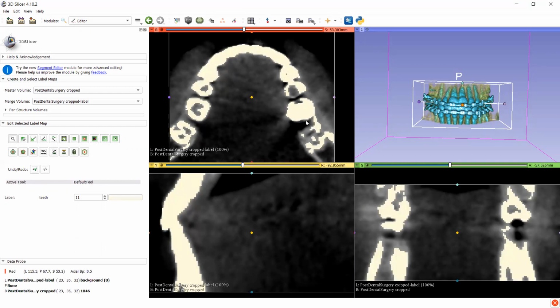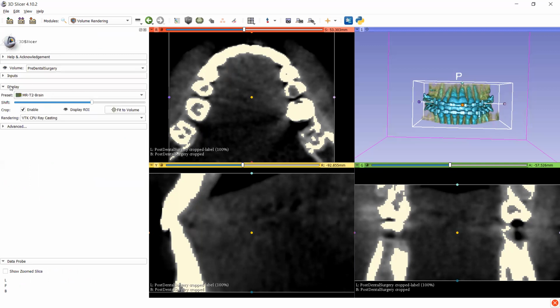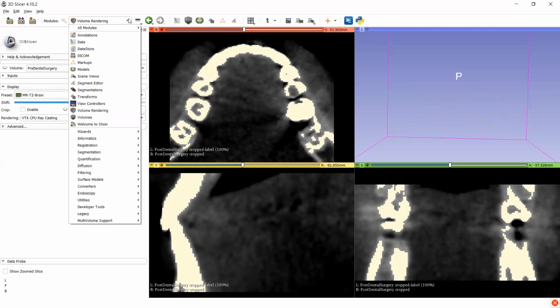Now it's okay. After that, I'm disabling the 3D model of our region of interest in the volume rendering module. Let me disable the crop volume also. Why? Because we have already selected our region of interest.